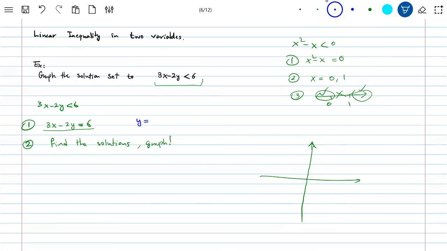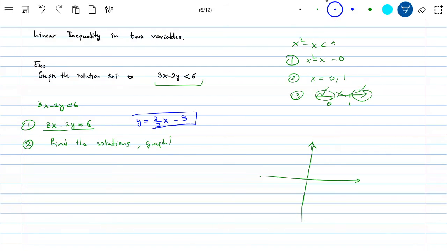Y equals, subtract 3x from both sides, divide by -2. You will get 3/2 x minus 3, I think. Yes, if you move the x's to the other side and divide by -2, you will get this